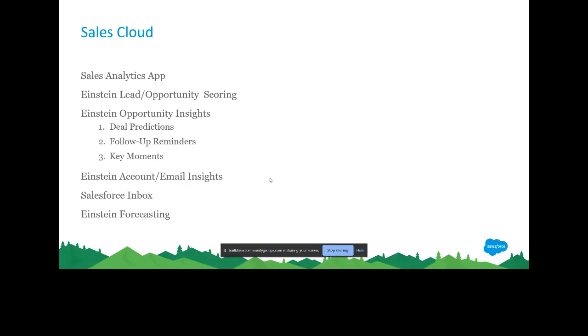opportunity scoring. Since we don't have time, I guess I can just move forward. It has a separate Salesforce Inbox and Einstein Forecasting, each and every one of which is a very different functionality, and has its own benefits. So due to the time, I think